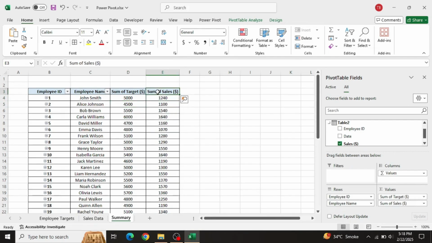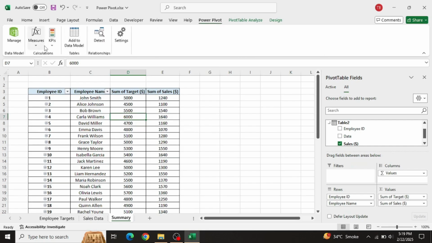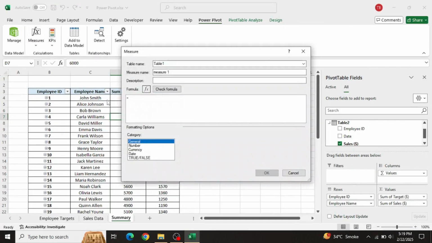More to it, you can add measures also, like if you have to add the percent achievement for each employee. You can click on Power Pivot, go to Measures, click on New Measure. I'm naming the measure percent achieved. In the formula I am writing sum of achieved. Achieved means it is sales,